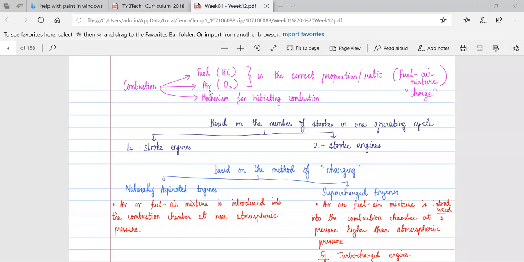Initially it was controlled through a mechanical mechanism, and nowadays we have an electronic mechanism. If you remember, the Bosch company developed the automation of the engine. Everybody knows the Bosch company,